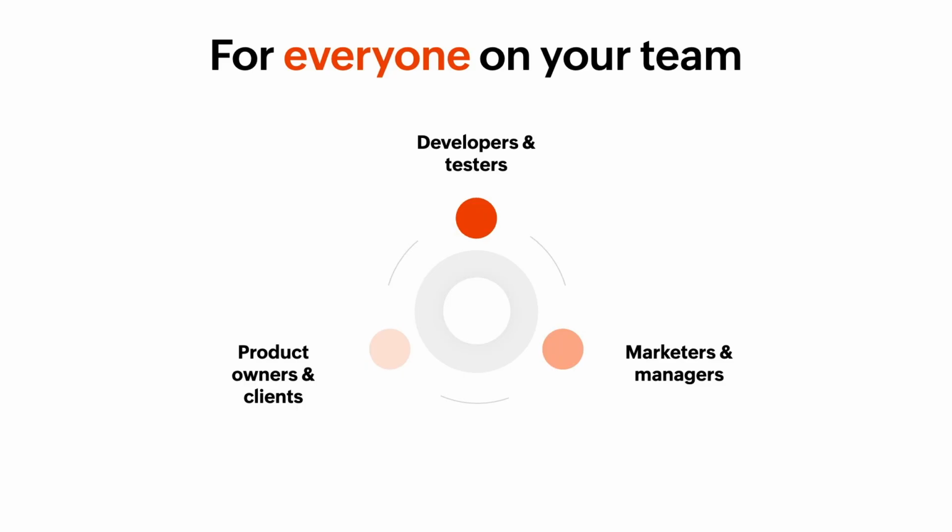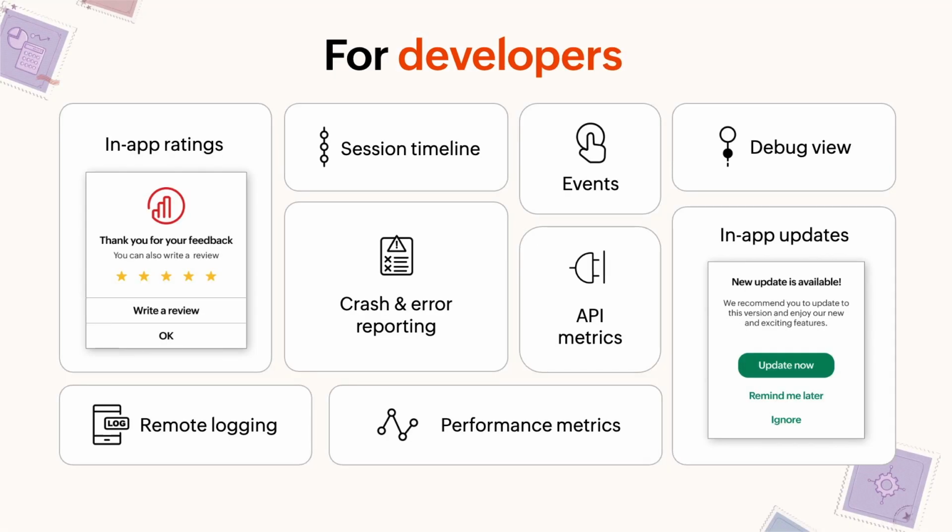So Apptics is built for everyone on your team. So be it your developers, be it your marketers, or be it your product owners and managers, your CMOs, CTOs, everyone can use Apptics to understand what's happening within your product. So we have divided the features that you saw on the left menu based on the purpose that they serve within the tool. So for developers, it's very important to understand what's happening within the app. How is the app health? How is the performance? So crashes, errors, they come within the developer console.